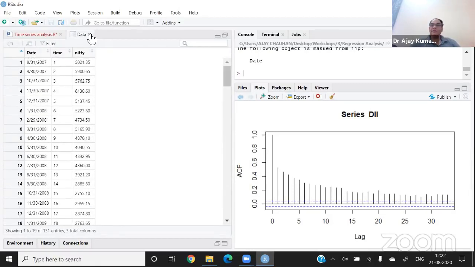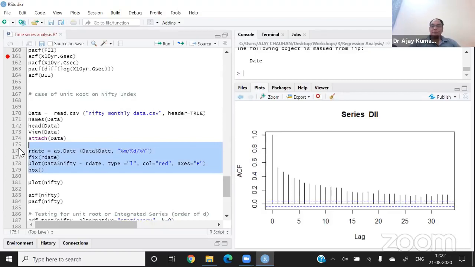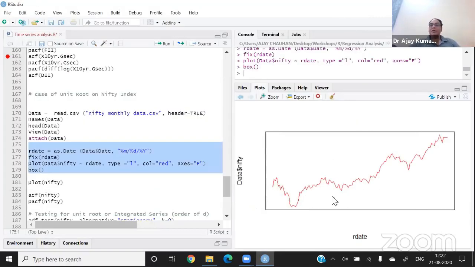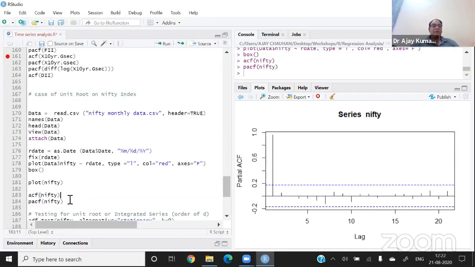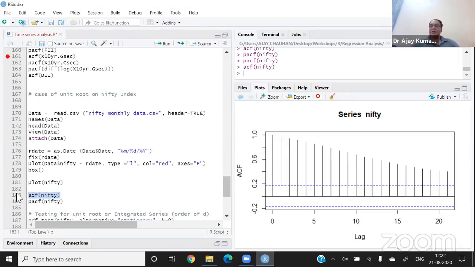If I plot the Nifty, you can see the plot here, the behavior of Nifty over the past many days. And if we plot ACF and PACF of Nifty, let me check PACF first. You can see that in PACF, the first lag is found to be almost 1, so it is originally non-stationary, and the ACF is coming like this. This is called a geometrically dying function of autocorrelation. When we have a geometrically dying function and PACF equal to 1, then it is called a non-stationary time series. I am also showing you how to check it with the help of the ADF test.